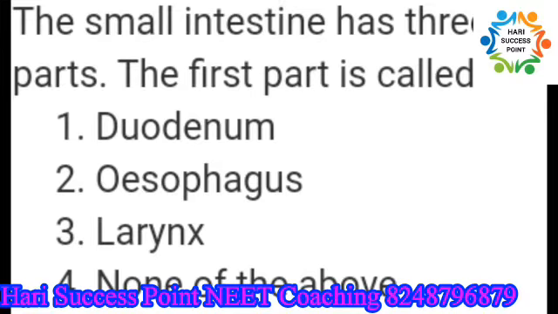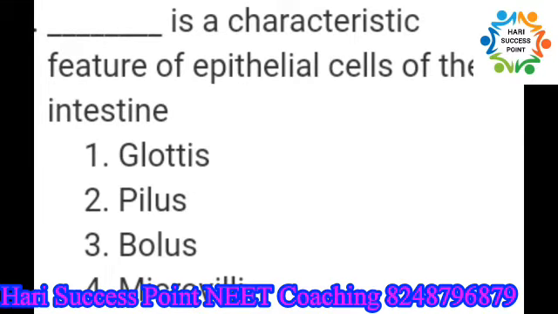When you deal with such a question, you have to keep in mind all the facts related to the anatomy of the digestive system. As you all know, the digestive system begins from the mouth, it leads to the oral cavity, then to the pharynx, then esophagus, stomach, small intestine and large intestine. So the question is about the small intestine. It has three parts, and the most important or initial part of the small intestine is the highly coiled or turned U-shaped duodenum. So the answer is duodenum.